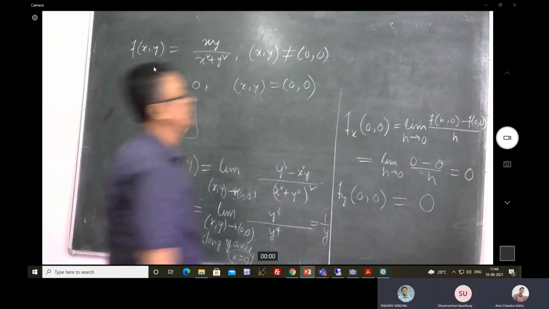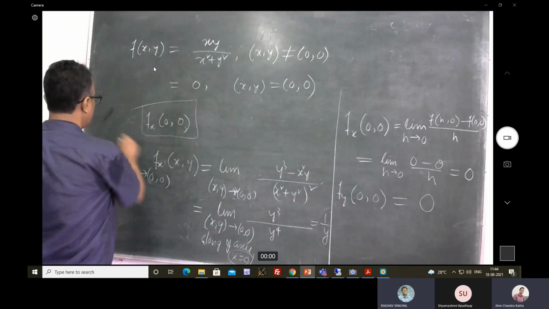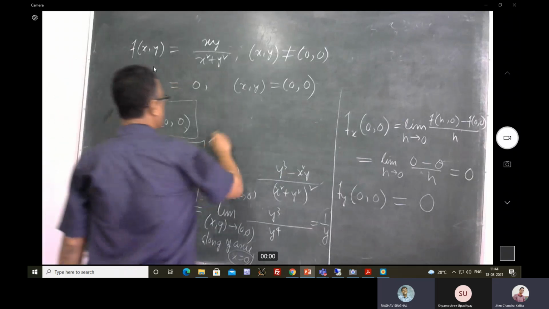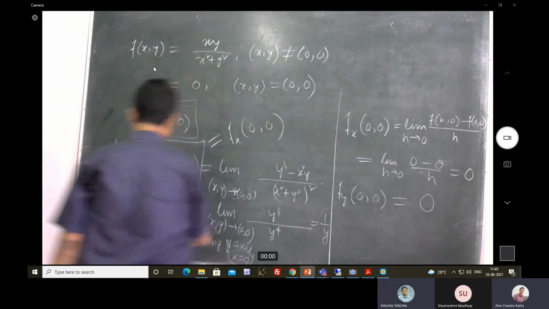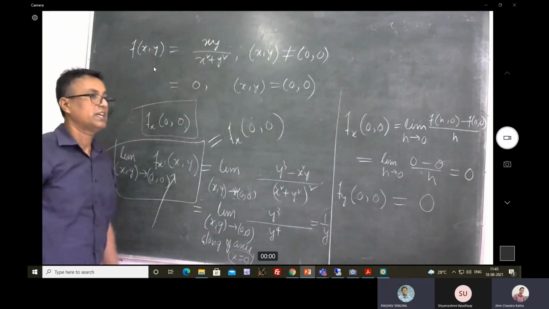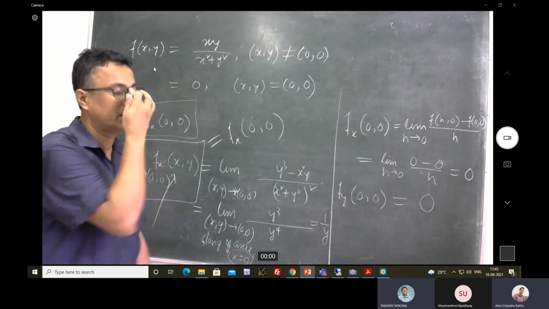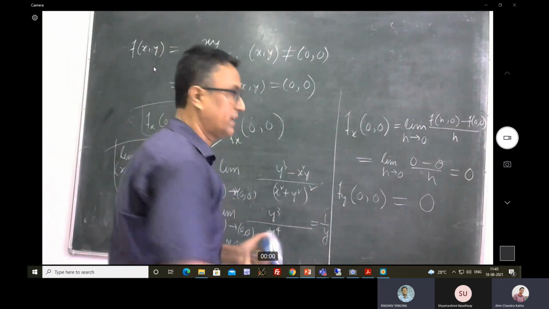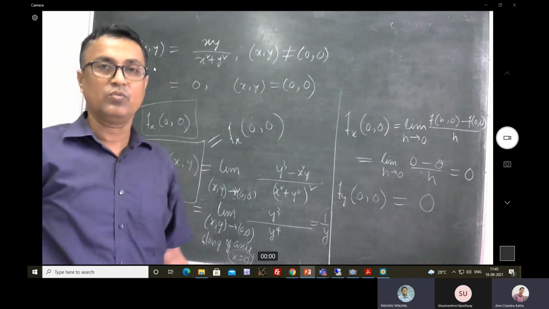For them to be continuous at the origin, this limit must be equal to fx at 0. But since this limit itself doesn't exist, it is not continuous there. That means the first order partial derivatives are not continuous there. So, with all this information,